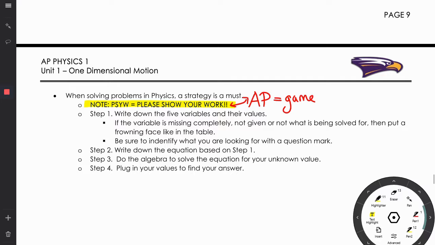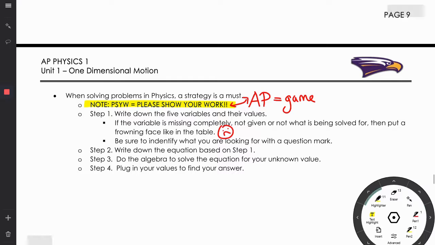If the variable is missing completely, not given or not what is being solved for, that's where our frowning face comes into play. That's why we put that in there. So you need to be sure to identify what you're looking for with the question mark. Step 2 is to write down the equation based on step 1. So you're going to look for the equation that has those variables that you know you have, plus the one you're looking for, and is missing the frowning face, and then write that down. Okay. Step 3 is to